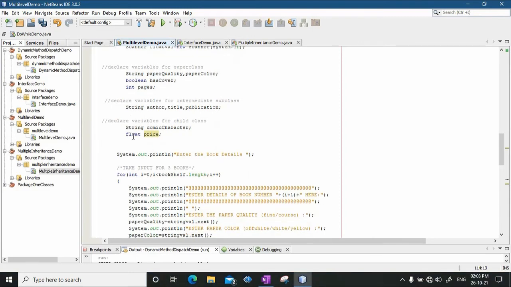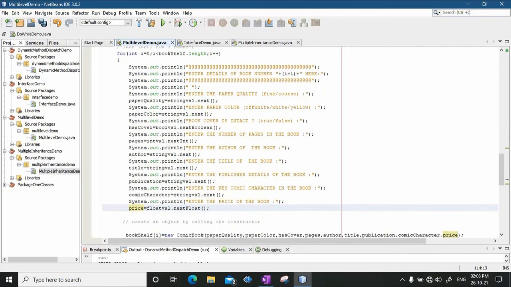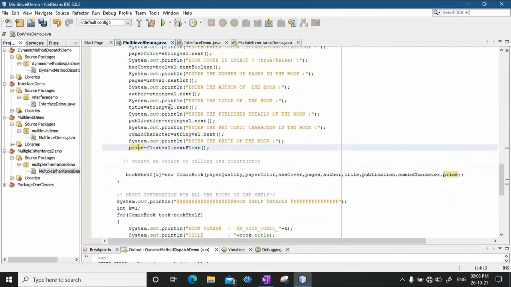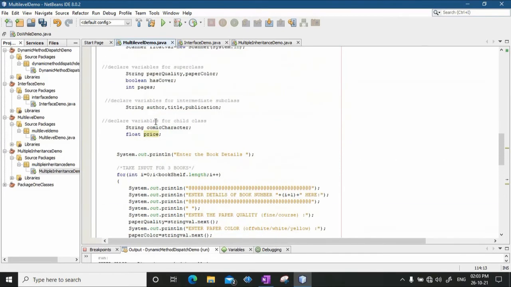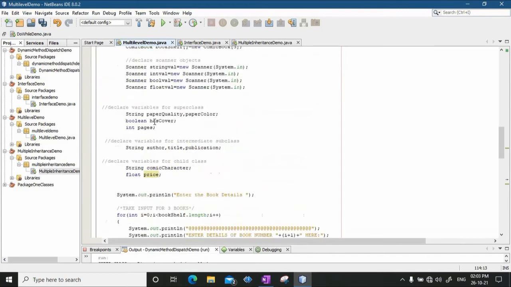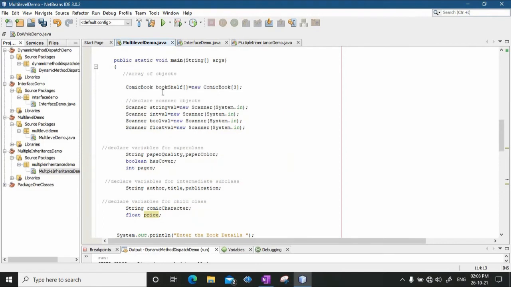Notice that all the variables that I declared here, these variables of the superclass, these variables of the subclass and this of the child class, first I am asking the user to enter values in all these variables. Next, I will create an object by calling its constructor. So, bookshelf i equal to new comic book. Just see, when I say bookshelf equal to new comic book 3, I have created